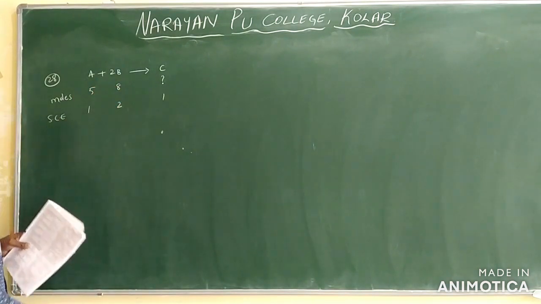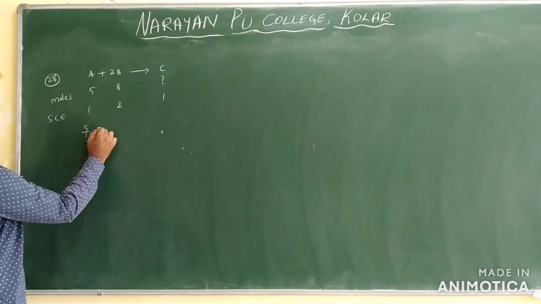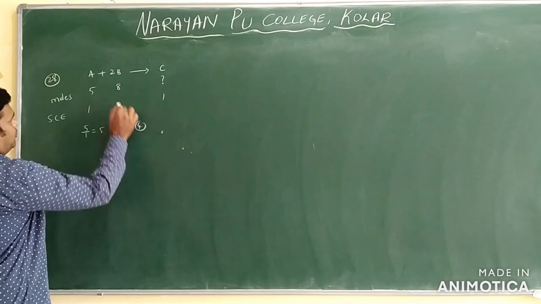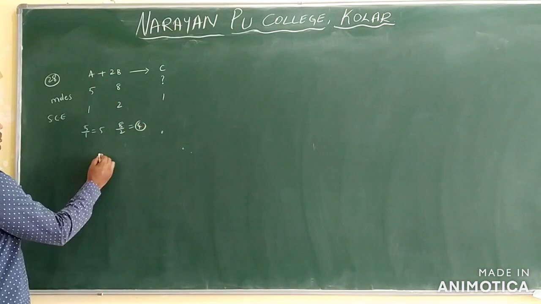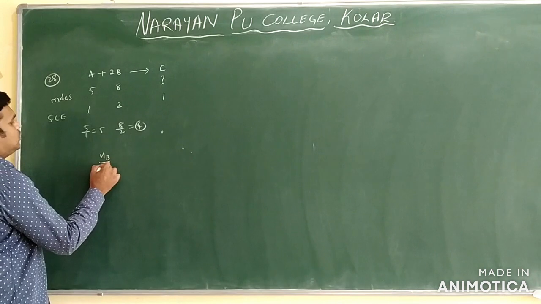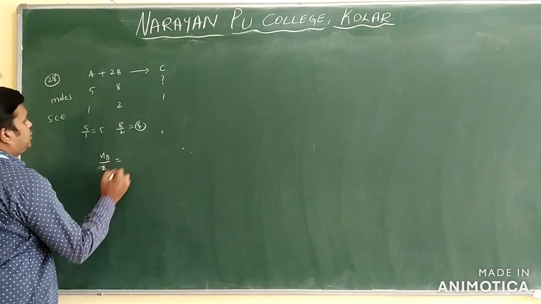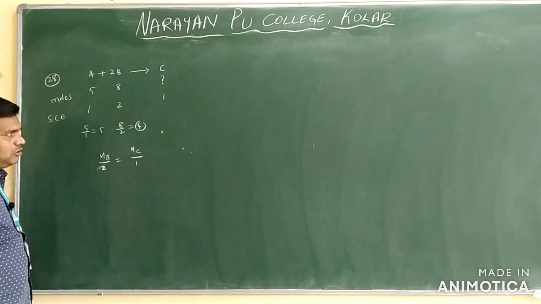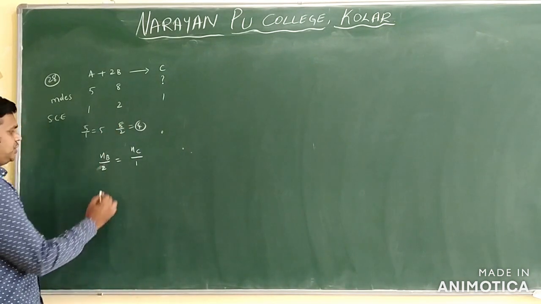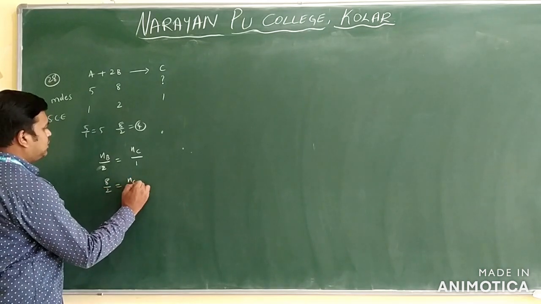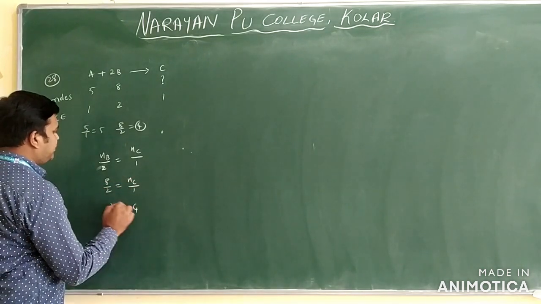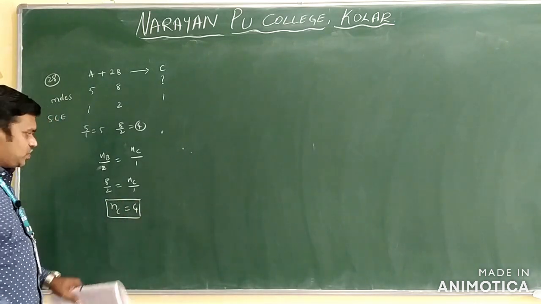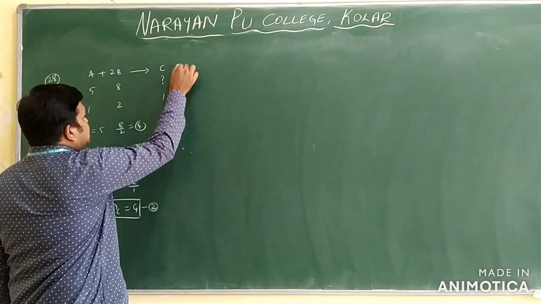And the stoichiometric quotients of A is 1, B is 2, and C is 1 only. So just take 5 by 1, we have 5, and 8 by 2, we have 4 only. Among these, 4 is the lowest, and 4 is coming from B only. So you can take this relation: number of moles of B by its stoichiometric quotient 2 is equal to number of moles of C by its stoichiometric quotient 1 only. Number of moles of B given is 8. 8 by 2 is equal to nC by 1. Number of moles of C is equal to 4 moles only. So you will take option 2 for this question only.